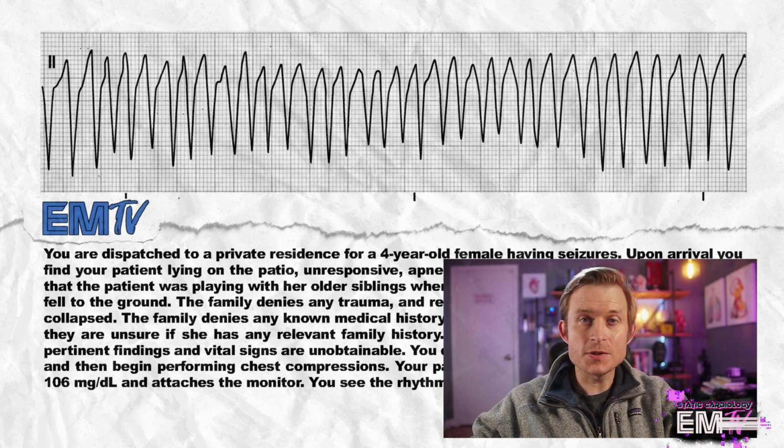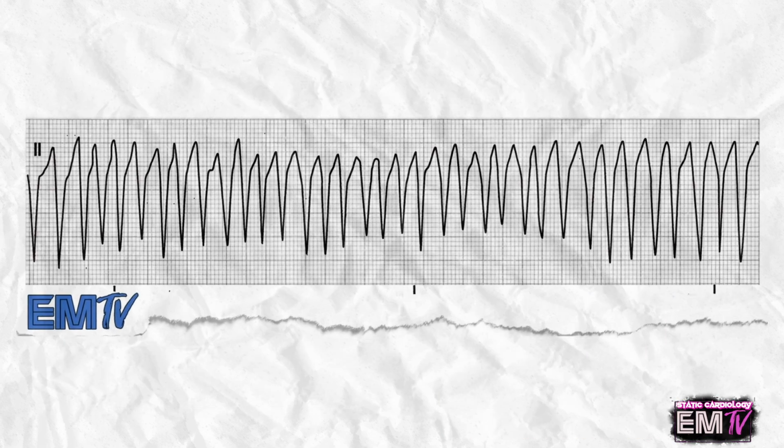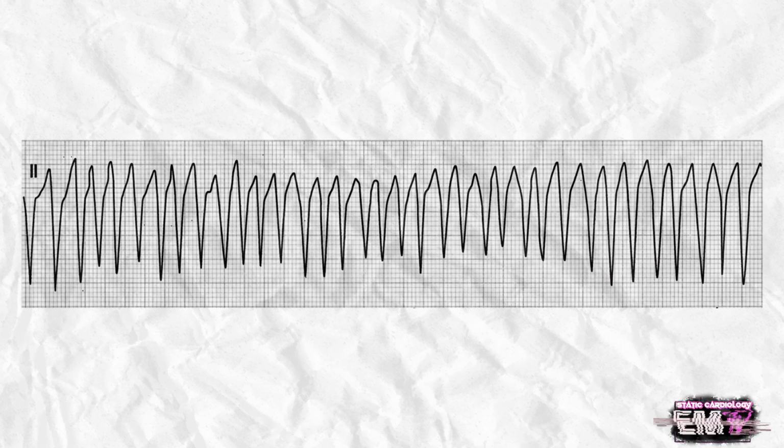Pediatric rhythm interpretation can be challenging, but just remember that rhythm interpretation for pediatric patients follows many of the same rules that we would use for interpreting rhythms for adult patients. Let's go ahead and take a look at it in a little bit closer detail. Now, the first thing I like to do with any rhythm is count the R waves. I'm counting 35 R waves here, which makes the rate approximately 350 BPM. This is fast, even for pediatric patients.